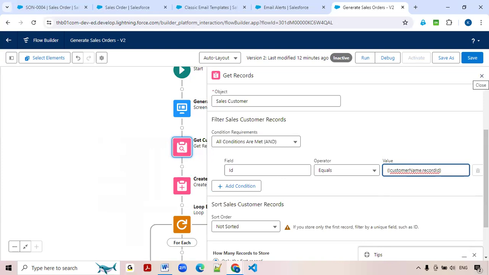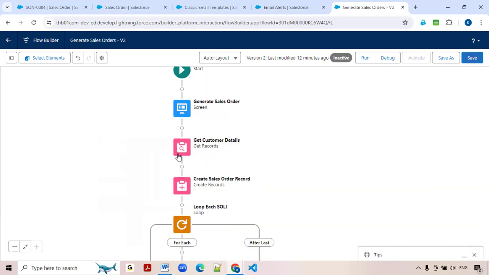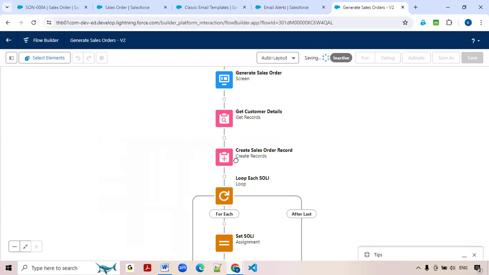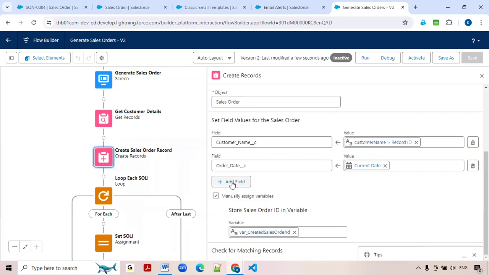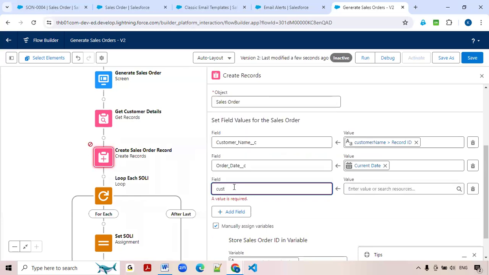When you fetch the customer information, we have the email address also in that record. Now in this record, we have the customer ID as well. So while creating the sales order, we are going to map the email field as well. While creating the sales order record, we are going to map the email address also. So here customer,